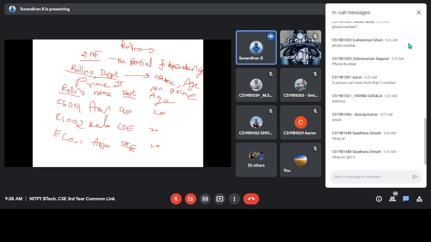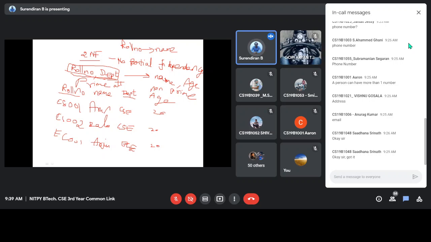That is a partial of a key. Here the key is roll number comma department, but part of the key, roll number, is able to identify other attributes without the other part of the primary key attribute.